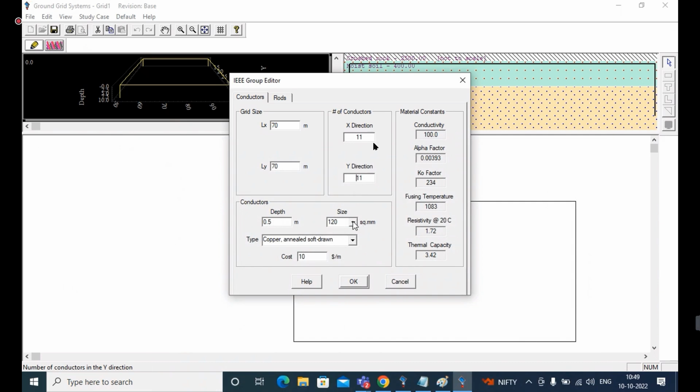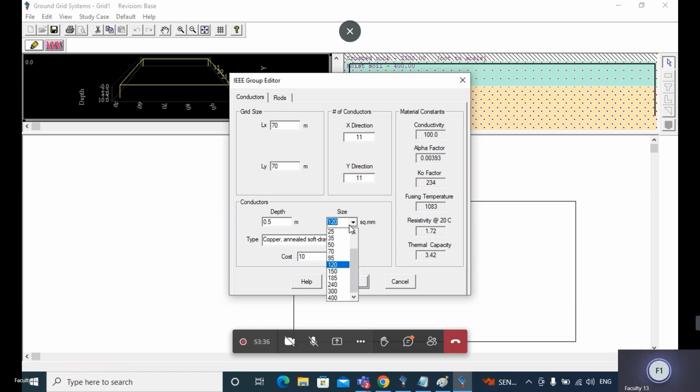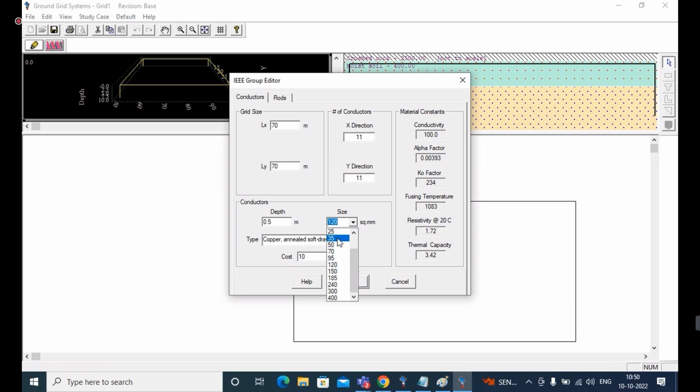The copper conductor square mm. Normally, if we are considering cable sizing, inside the cable we have copper or otherwise aluminum conductor, with square mm, right? Like that, how many square mm are we going to use for the conductor size? Here I am going to use 35 square mm based on my fault current, which is given by the client. Already I know what the fault current is. If the fault current is very high, you need to change the square mm of that conductor.